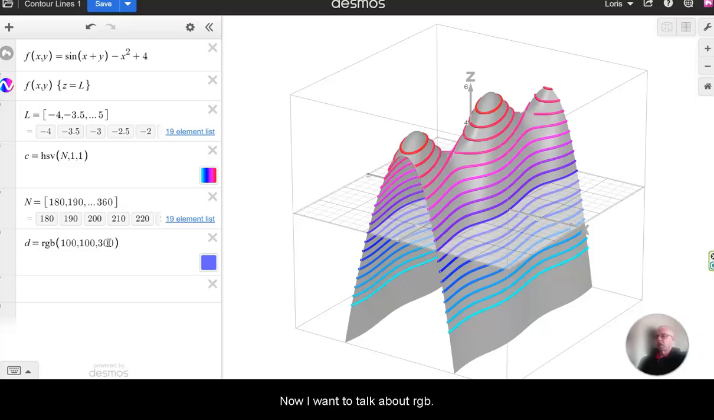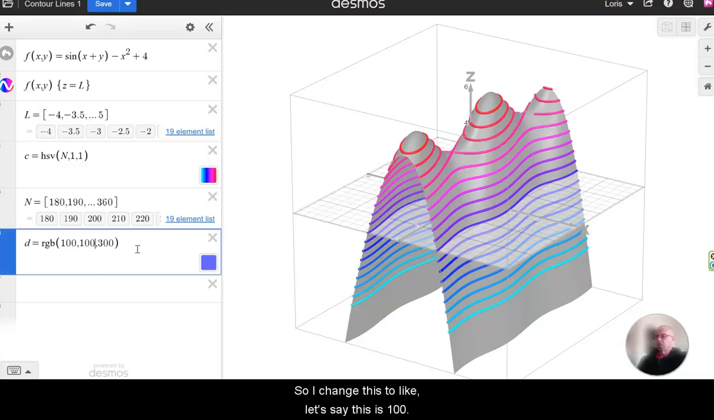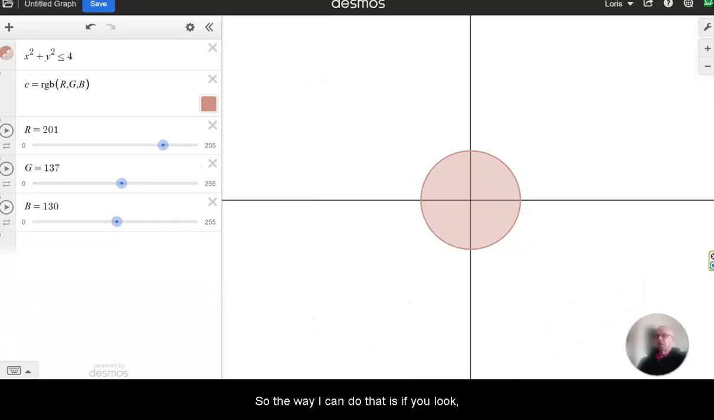Now I want to talk about RGB. So RGB is another way to make colors. I want you to look at this color here. If I change this to, let's say, 100, notice the color changed. So the way I can do that is, if you look,